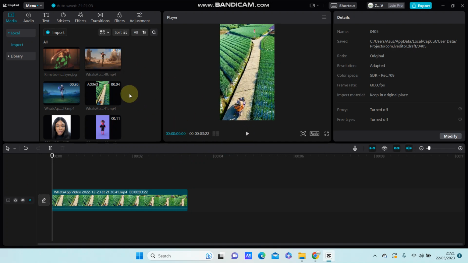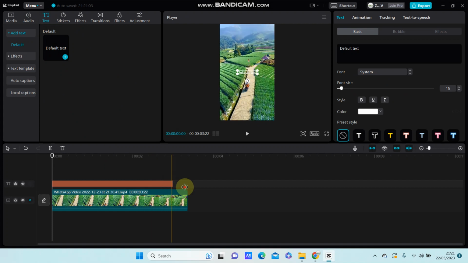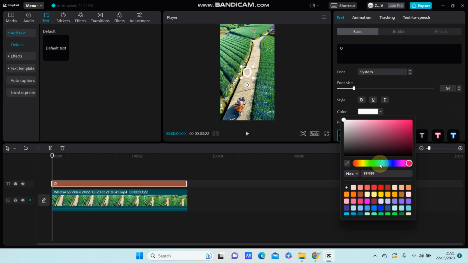How to prepare? You can select text, sticker, or images to make it a tracker. For example, I'm going to select text, default text, and I'm just going to change the text. Just click on it and change the font size and then the font color like this,